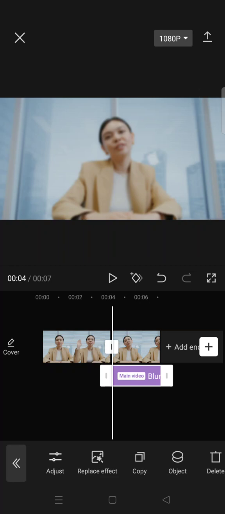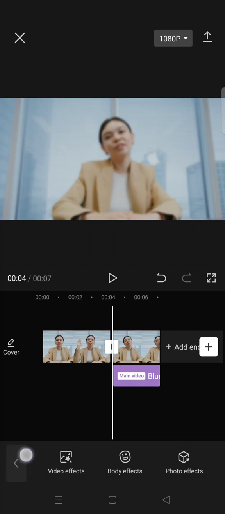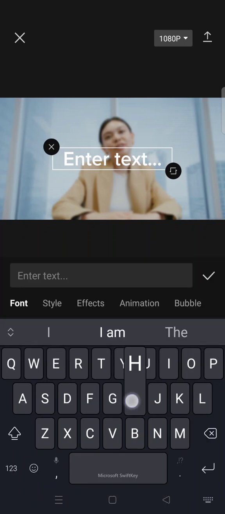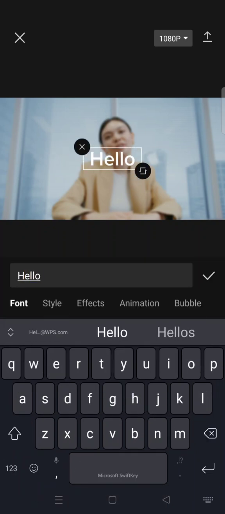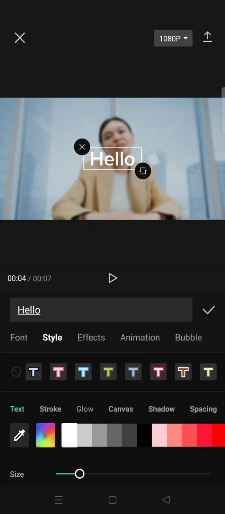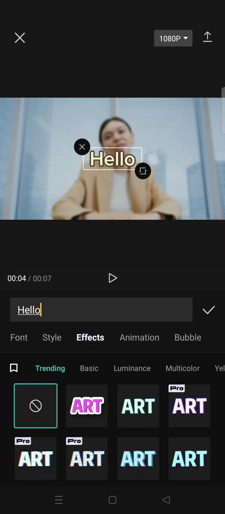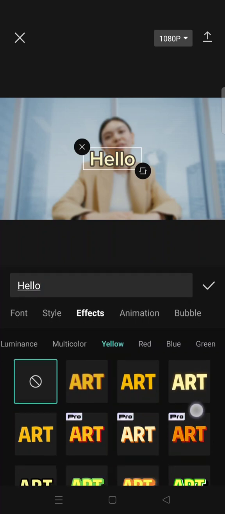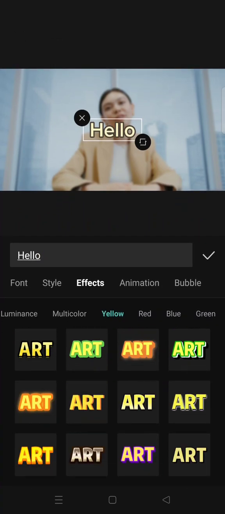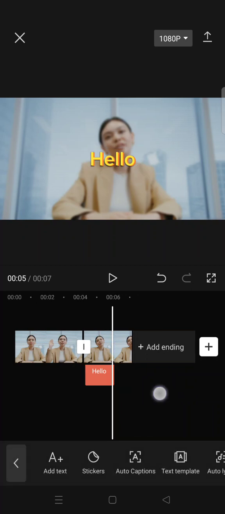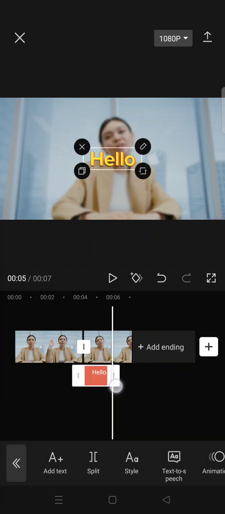Okay, so now this is optional, but you can also add a text here. Since this is the intro, I'm going to just type in hello, and after that you can adjust the text to your liking. Okay, I'm going to use this one. Click on a check icon and I'm going to make it short. And